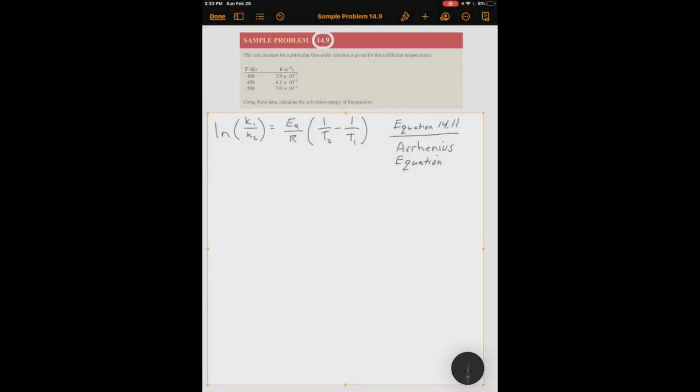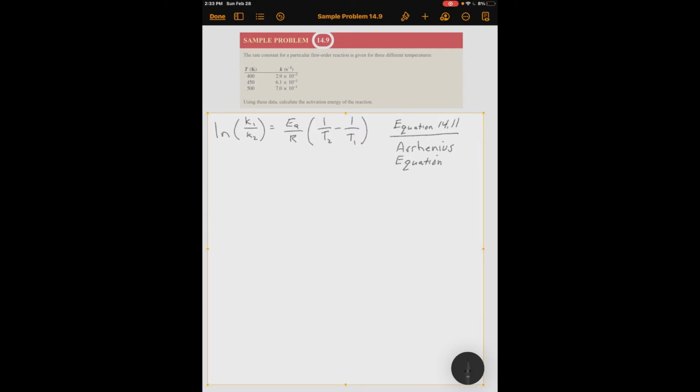Okay, this is sample problem 14.9. The rate constant for a particular first-order reaction is given for 3 different temperatures. So essentially 3 reactions were done, 3 experiments were done at 3 different temperatures. So the first temperature was 400 Kelvin, which is up on the upper left-hand side. And the value of the rate constant K was measured, and it's 2.9 times 10 to the minus 3 reciprocal